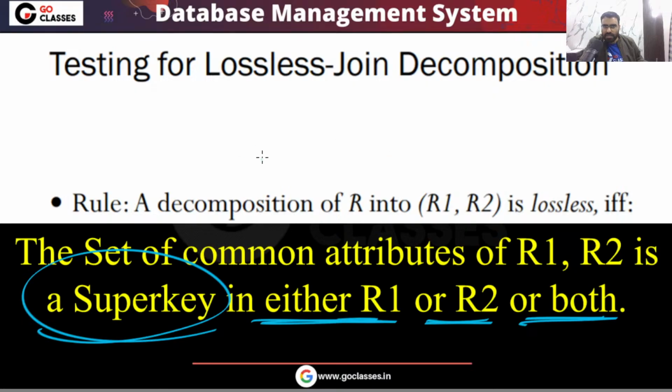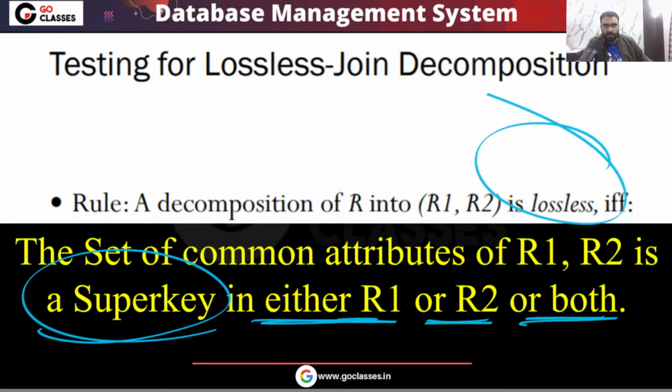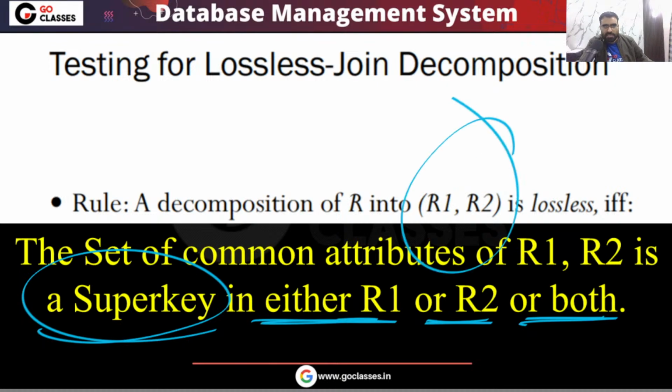If you do the schema intersection of R1 and R2, and the set of all the common attributes is a super key in at least one of them, then we say that this decomposition is